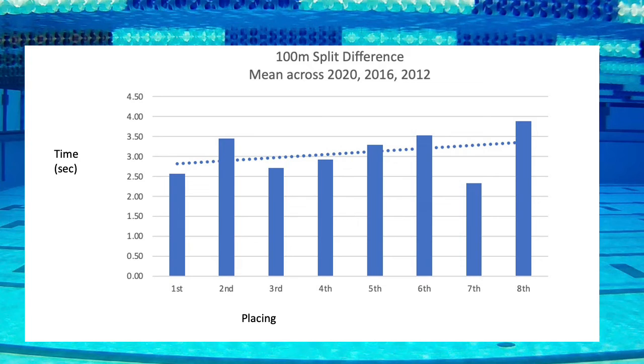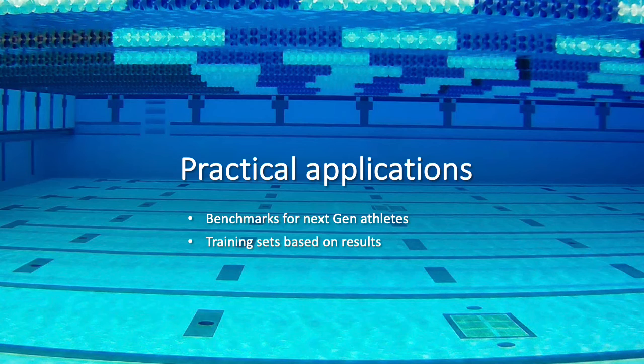However, it's obviously within reason, because if you're not out fast enough, it won't make a difference. So roughly, the splitting gets wider as you get farther away from being on the podium. And the mean across the 3 different Olympics, or the 8 finalists for each Olympics, is 3.9 seconds. Practical applications: these are all very helpful for all next-gen athletes, and training sets should be and can be created